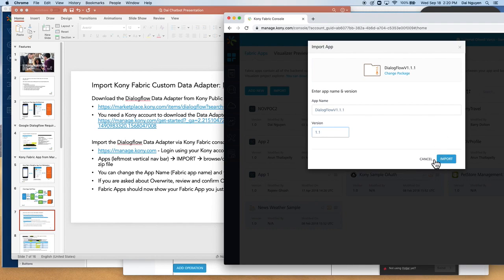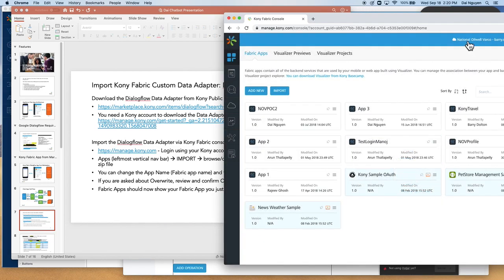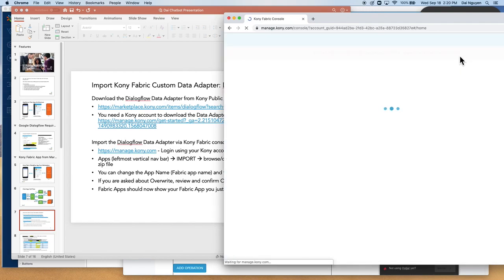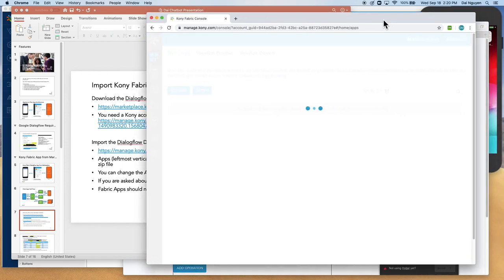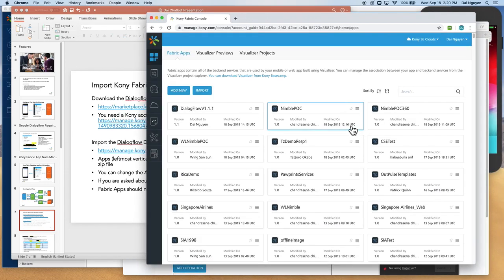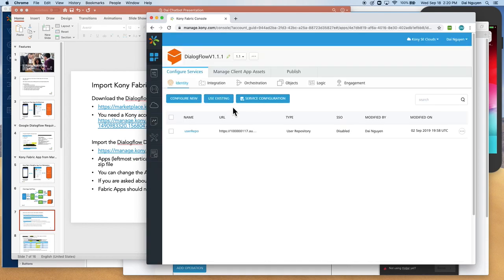And then you click on import. I'm not going to click it because it will take some time, so I'm just going to cancel and switch to my own account, which already has this imported, right? And there it is under Fabric Apps, Dialogflow v1.1.1. When you click on that,